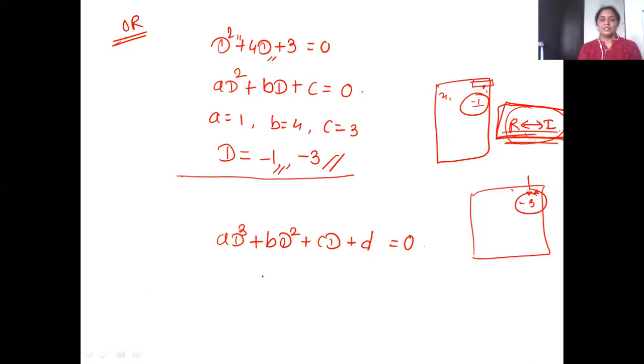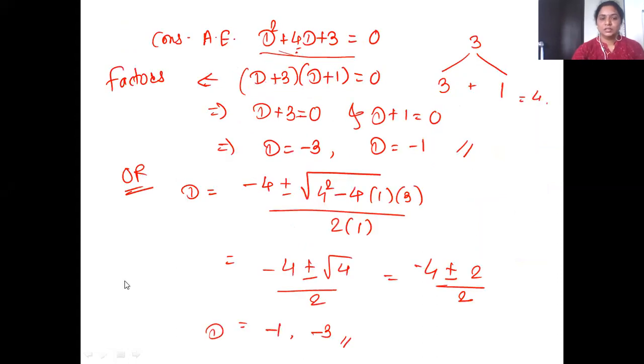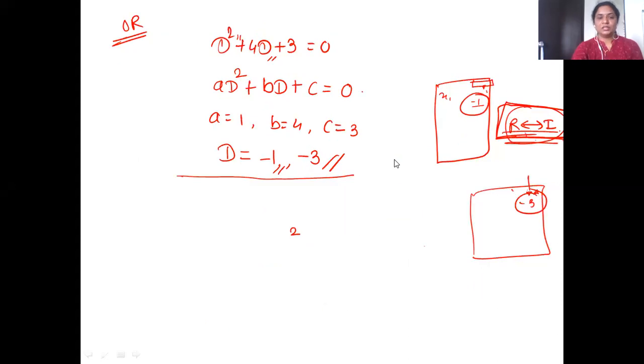Okay, so I guess our time is over. Just rewrite the answer and we'll stop. The rest we'll see in your next lecture. Okay, so yes, in 3 ways we have solved it. Every time we have got the roots -3, -1; -3, -1; -3, -1. So therefore the solution is